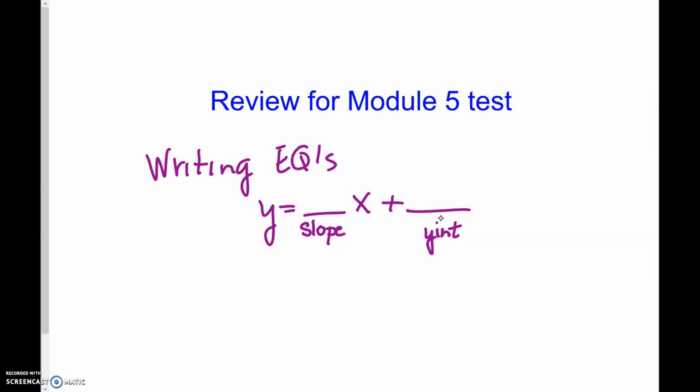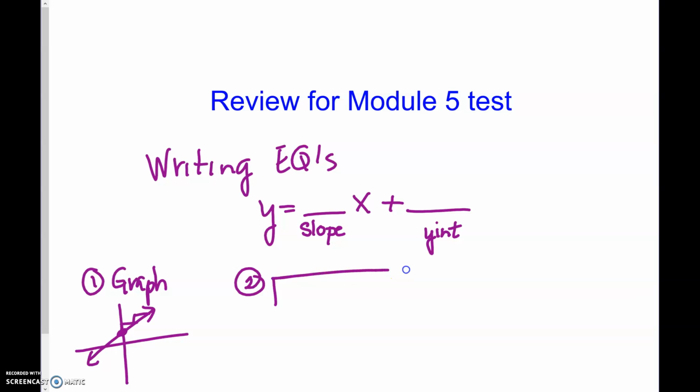Now, we've been writing equations in different ways. One, if something's been graphed, we've been able to pull off the slope and the y-intercept. If we have something graphed like this, we can pull off the y-intercept from that point, and then count your slope up and over by making that unit box of counting rise over run, and we can fill it in. The second thing that we've been doing is writing equations from a chart. If they tell us our x's and our y's from our chart, and they usually put x's on top and y's on the bottom, then we can just write our